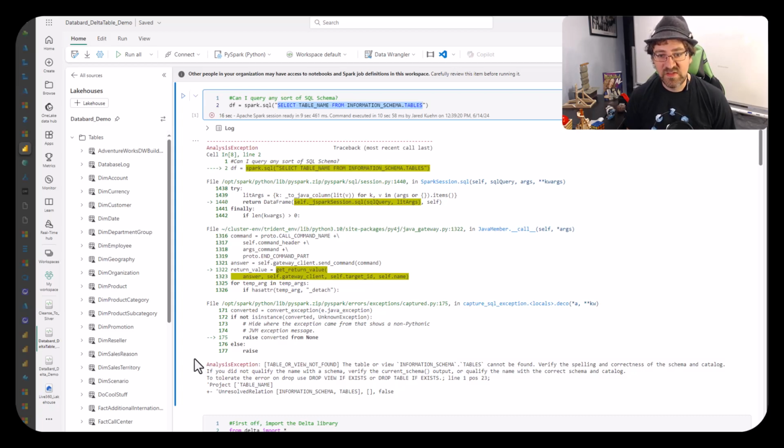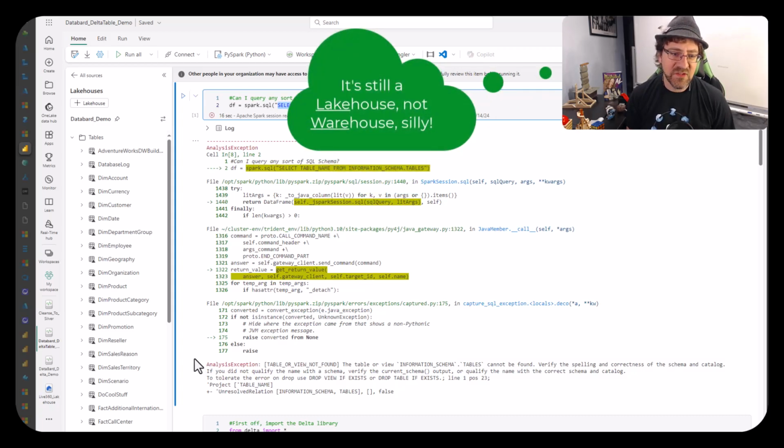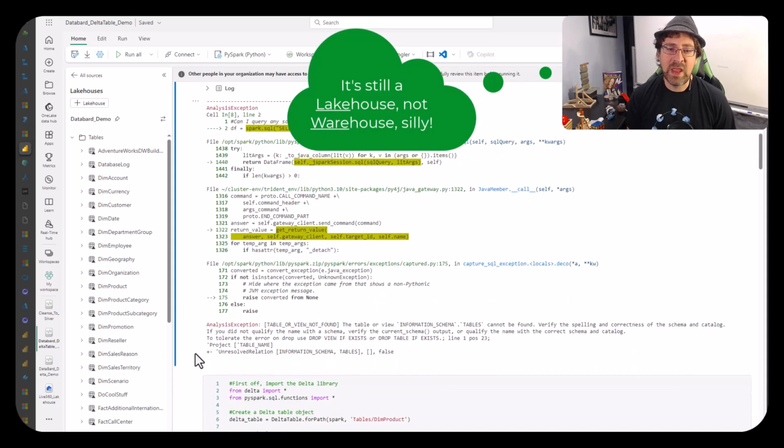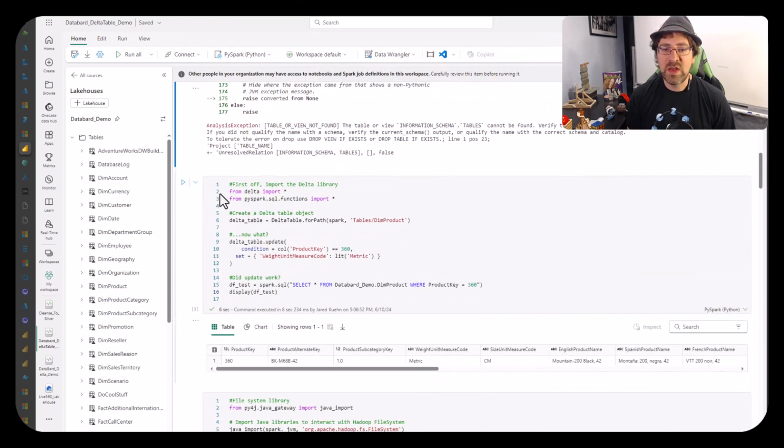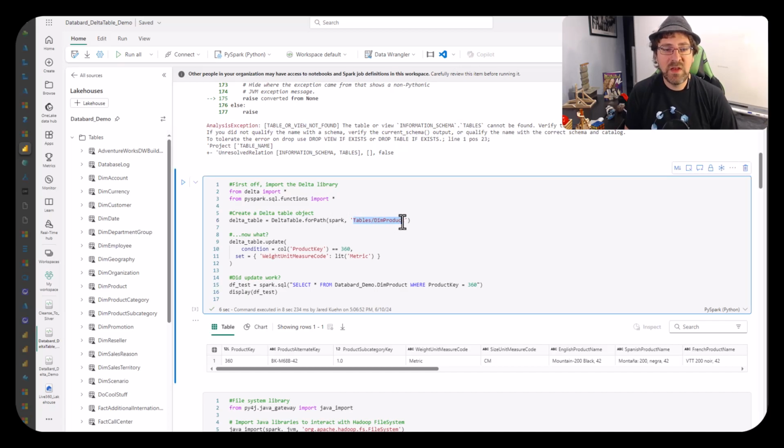nature? Obviously the answer is yes, because it's a lakehouse, but we can quickly prove it by implementing some libraries to create a delta table object, navigating to the tables folder like a file system, and finding our test table, being able to update a field in that table and take other actions. So now, we're looking for an approach to interact with the files in the lakehouse and itemize the delta tables